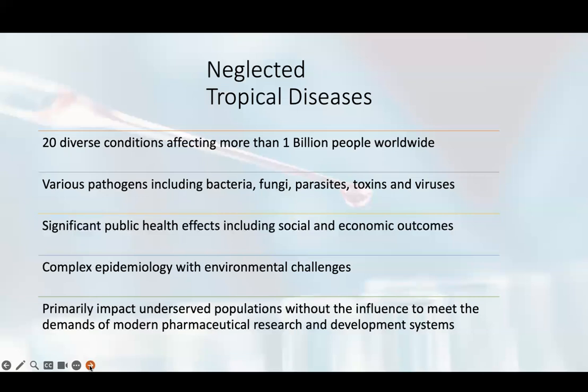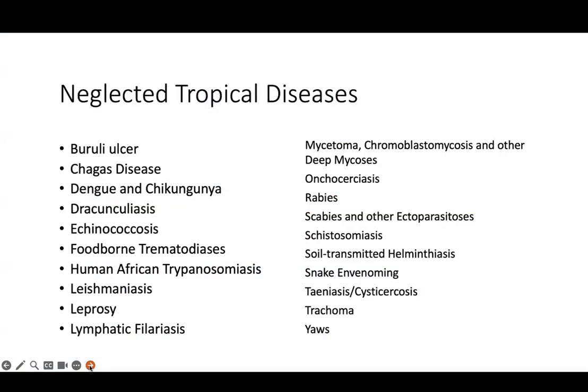Furthermore, these underserved populations that are primarily affected do not have the agency to influence big pharma and development agencies' agendas, and that has meant that they have lagged behind in global health research efforts. As you can see, there are some things you regularly see in your emergency department on this list of neglected tropical diseases, as well as some that you've had on your differential before, and some you're scratching your head to remember if you even read about them in medical school. Luckily for the billion people affected worldwide, the WHO has convened a global roadmap for